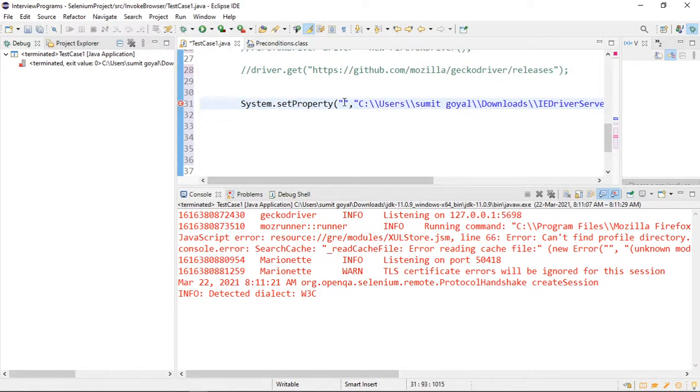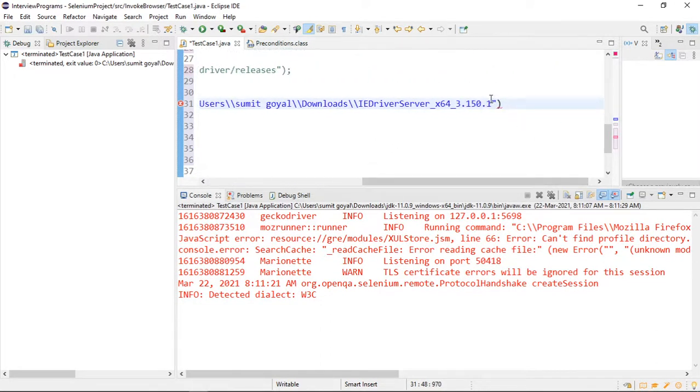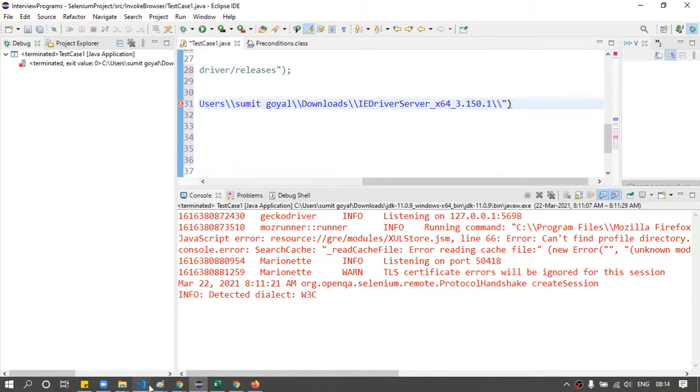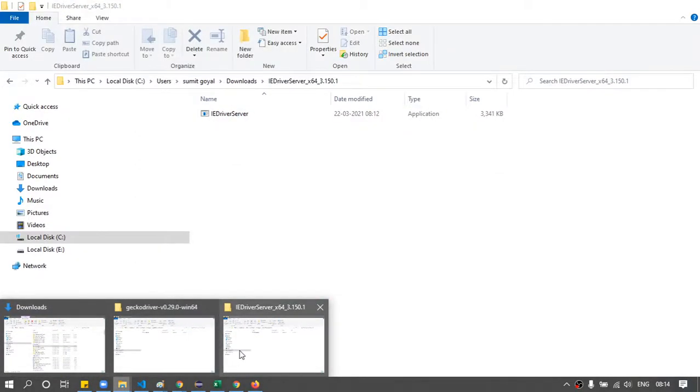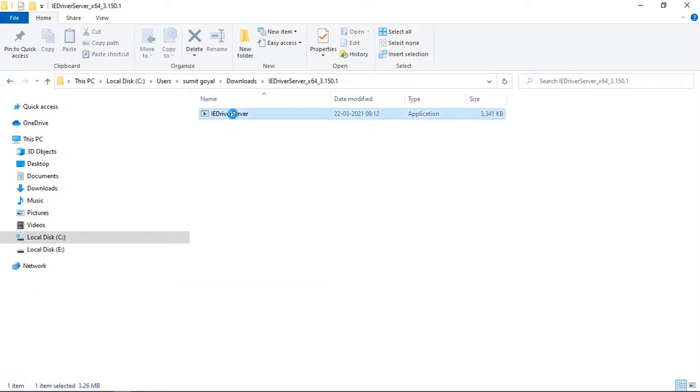Property I will write here webdriver.ie.driver, and after providing the complete path, I will write the file name .exe. So the file name is, so it is server.